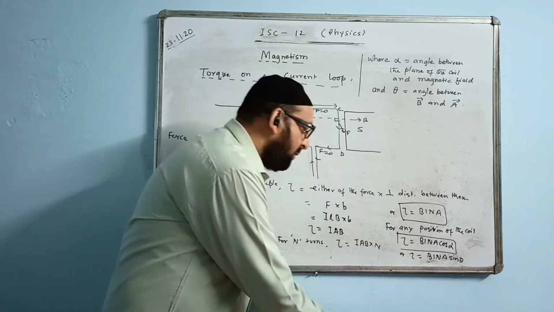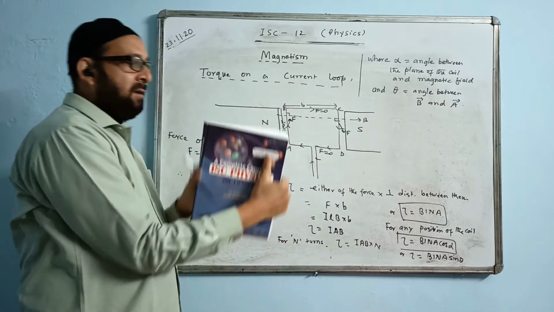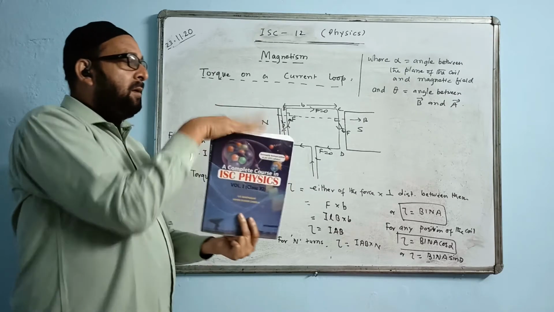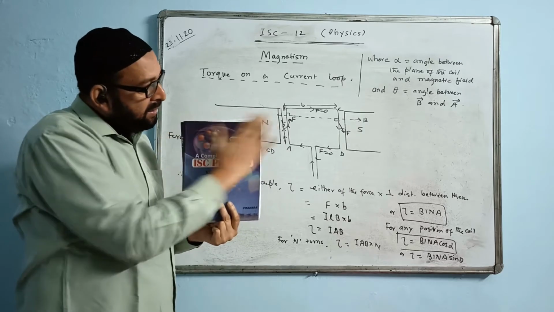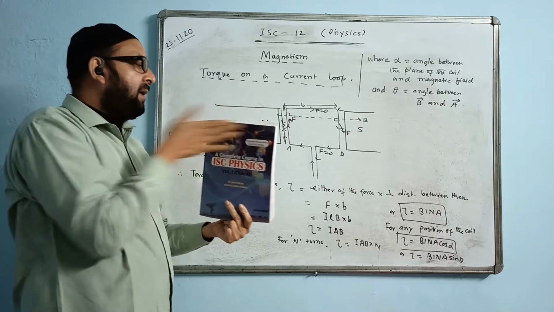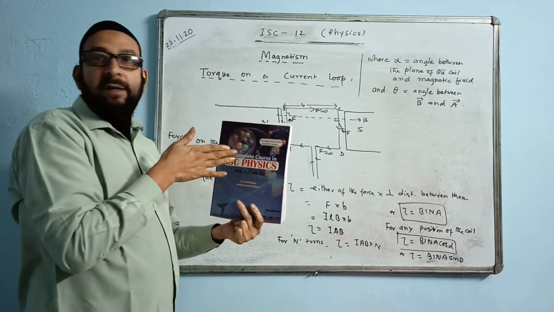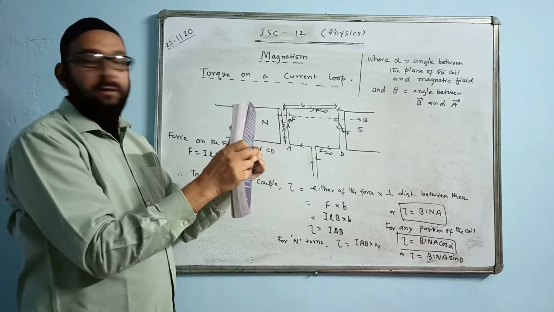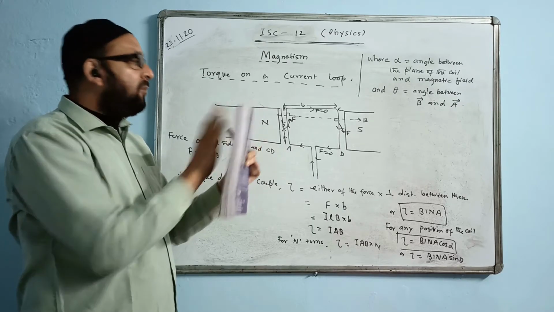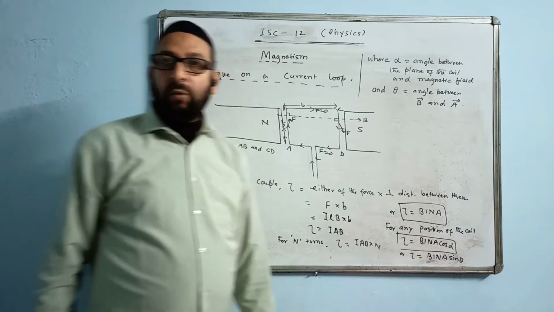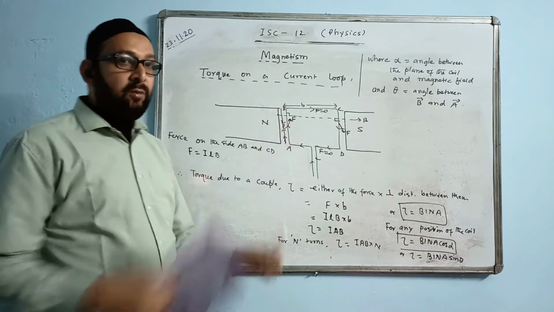Actually what happens, we are having a magnetic field like this. When the coil starts turning, this is the breadth. Just now the breadth is making a 0 degree angle, but when it turns, the angle changes because the magnetic field is the same. Here the angle is different now, some degree, and it keeps changing. It may even become perpendicular. When it becomes perpendicular, then the alpha value is 90 degrees. Cos 90 degrees becomes 0. At that time the torque will be 0.